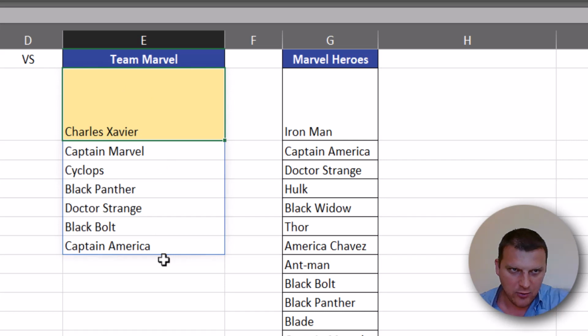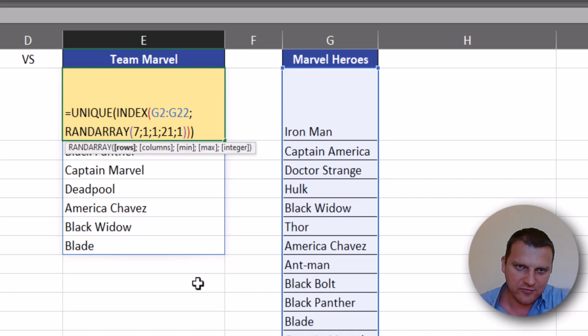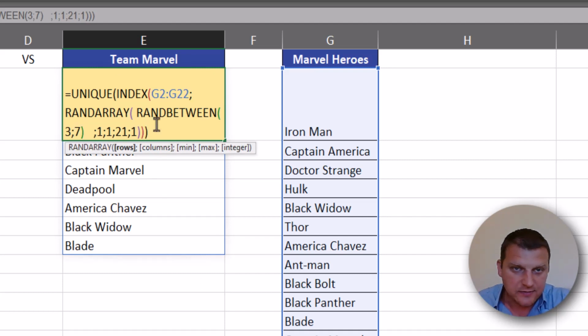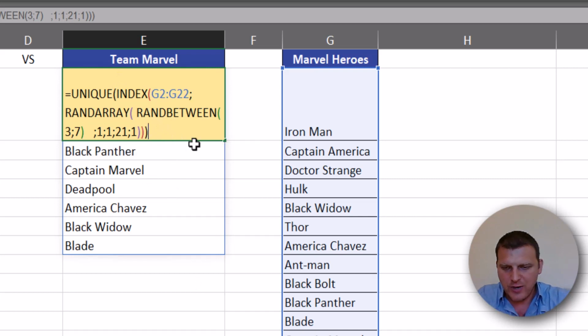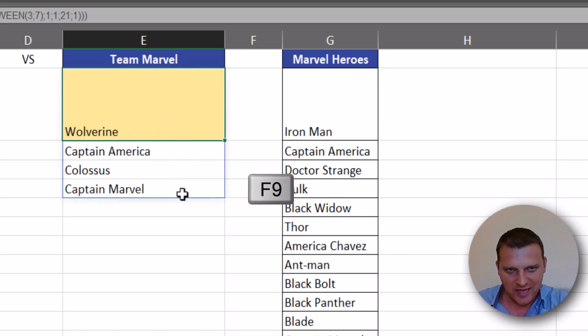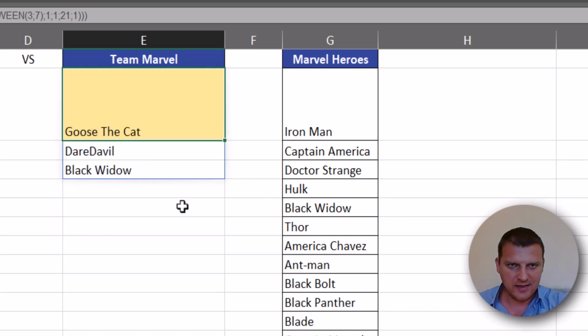And because we have our list now, we should also add the length of our list at random. So in the RANDARRAY function, the first argument, rows, we are changing from 7, so let's add some spaces, and now RANDBETWEEN 3 semicolon 7 and close the function and parentheses, number of parentheses, it seems alright. So let's enter our formula, and at first we still have an error, but if I press F9 again, it will be